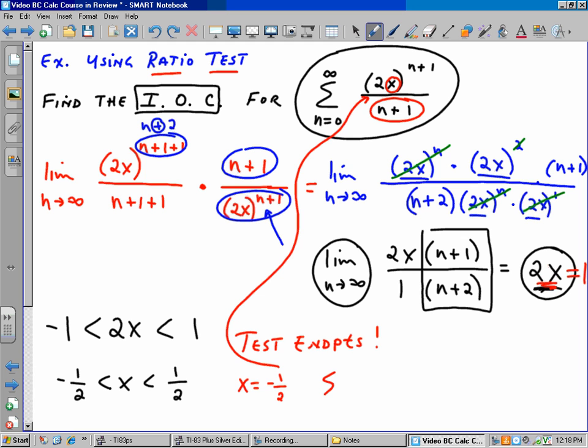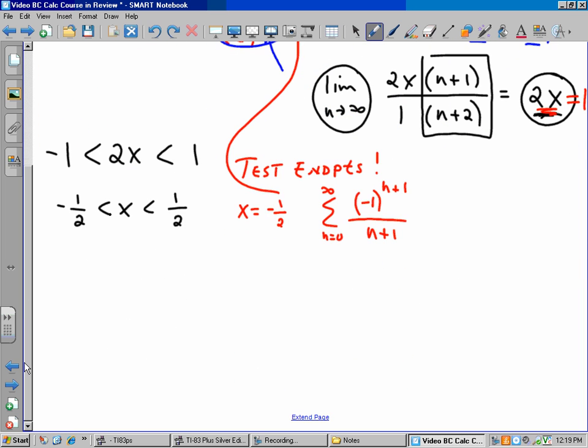Well, I've got a series where I've got -1, right? Because 2 times -1/2 is -1, to the n plus 1 over n plus 1. All right, so if I evaluate that, when n is 0, I get a -1. When n is 1, I get a +1/2,